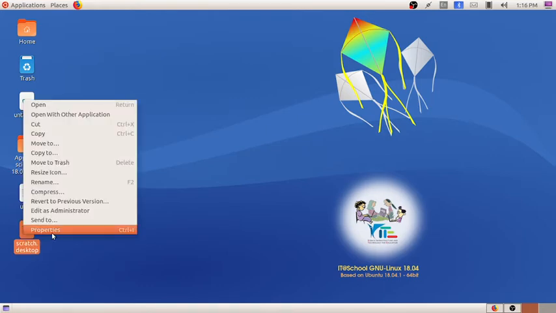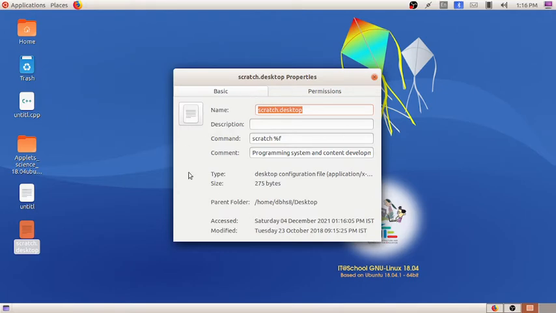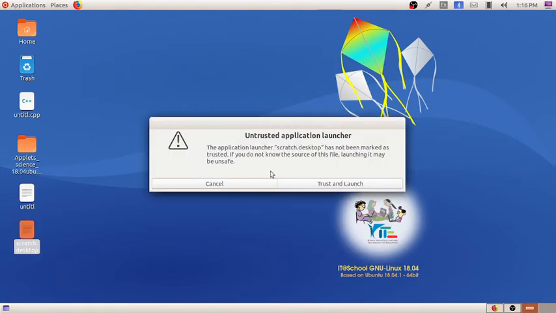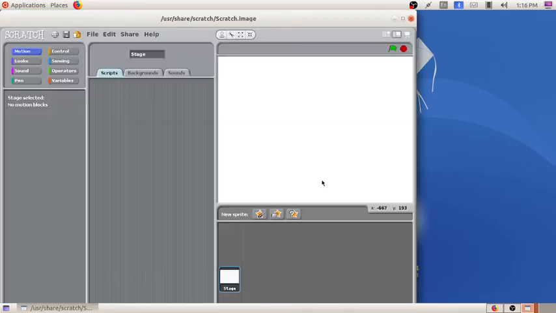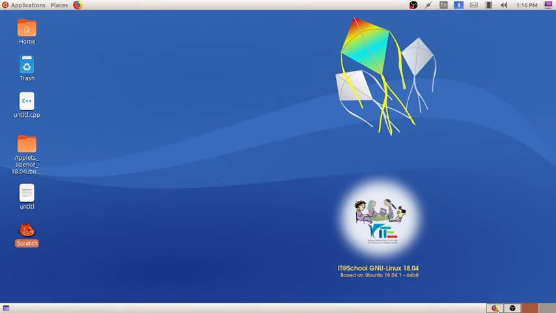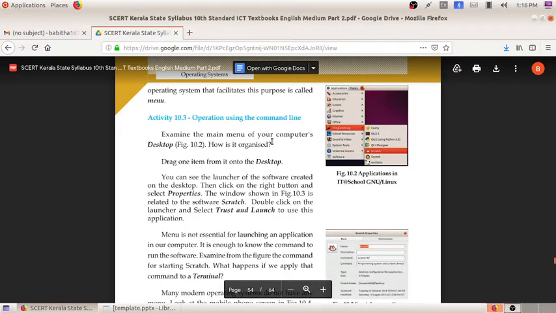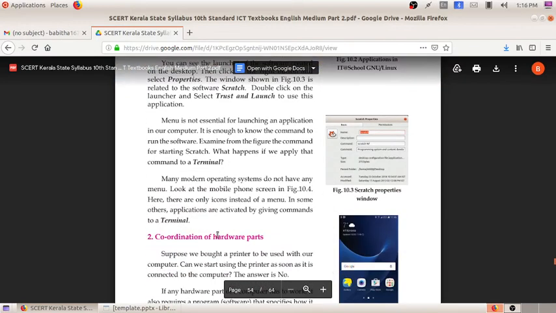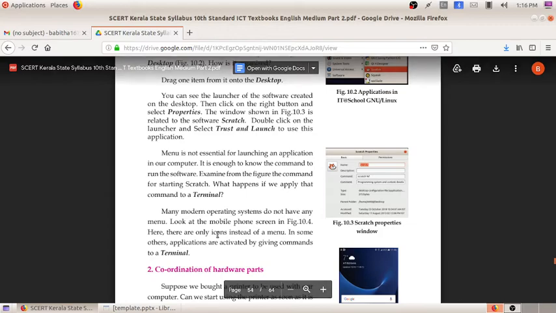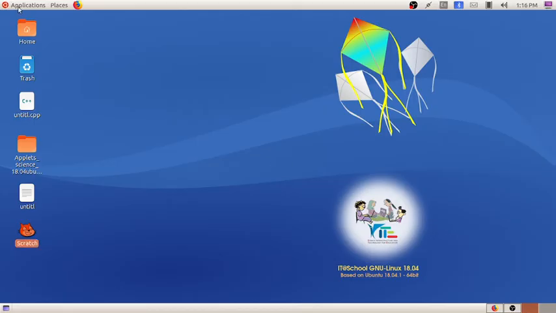Right click on the properties. You can see here the launcher. These are the details of that launcher. When we double click here, you will be getting an option. This window from here. When you click on test and launch, you will be getting that software opened. So in this way we can open the application software using command line, by using the test and launch method. And also there is one other option for launching from terminal.